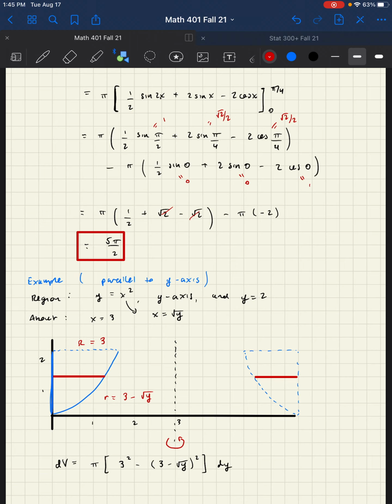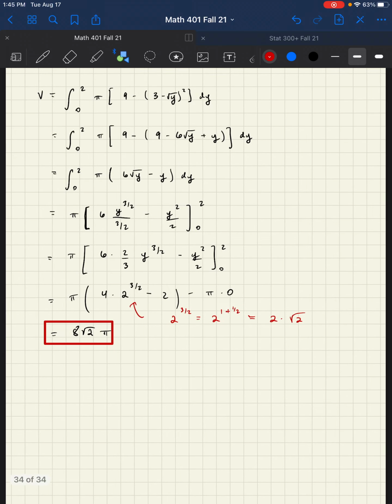Okay. So in this case, the calculation itself wasn't too bad. In this case, the setup was a little bit more involved, okay? But the important part is always to think about, okay, what is the inner radius, what is the outer radius? Remember that they're getting squared, so these are meant to be positive values, okay? And the infinitesimal then isn't fundamentally too different